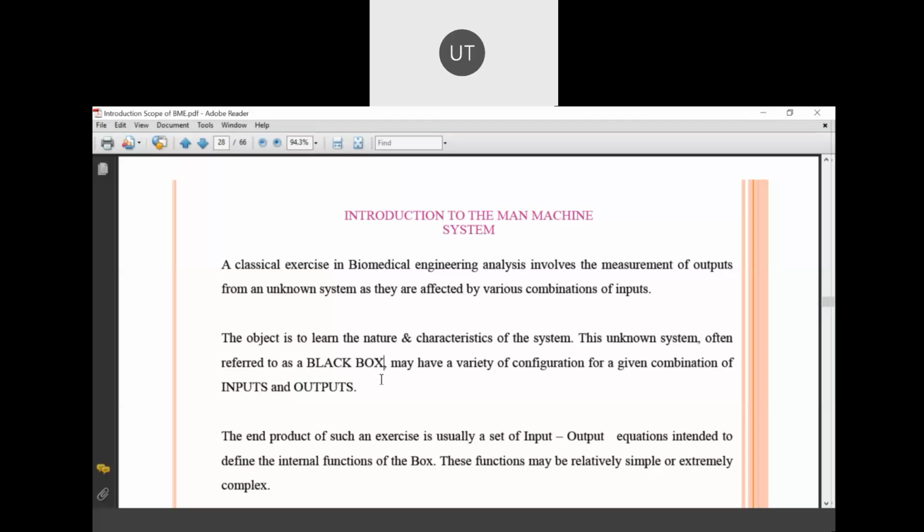Now, since the earlier lot of measurements is taken, some empirical data is taken, and based upon that empirical data some inferences are drawn, and those inferences have become the standards, and we are considering that this is a standard. We are saying that 72 beats per minute is the standard. So this is based upon the empirical data and depending upon the normal human beings where the measurements will be done. Okay, so this is what the man-machine system is, where we are going to use different instruments for measurement of